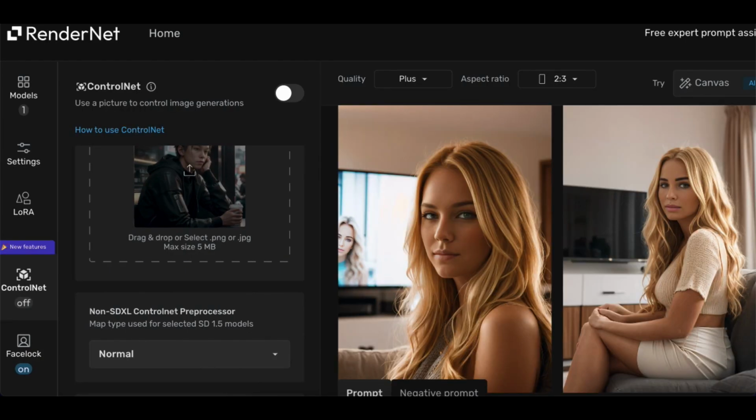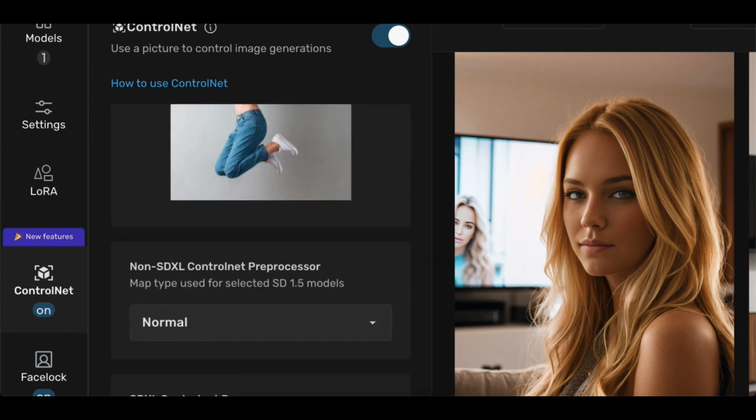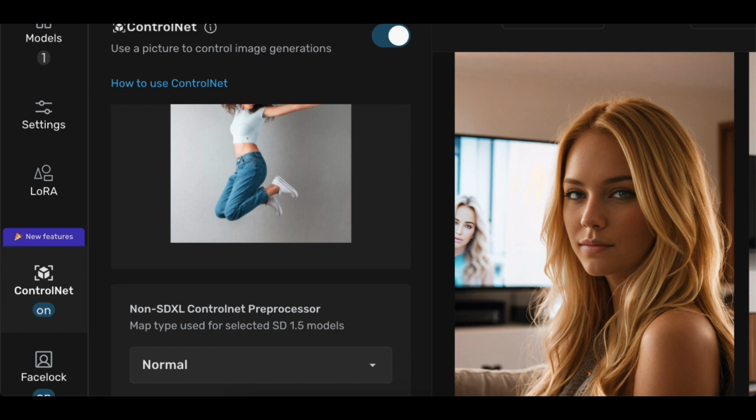If you want to go further, you can control the poses as well on Control Net. So the image you've uploaded before, you can now mix it with another photograph that has a movement. So for example, this woman jumping, you just add a photograph of an action, and with the photograph from before,